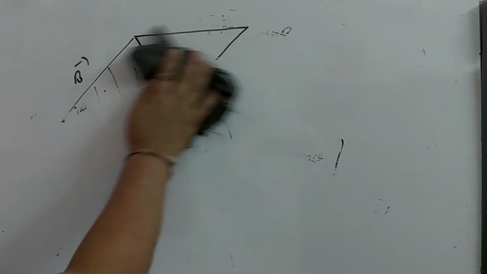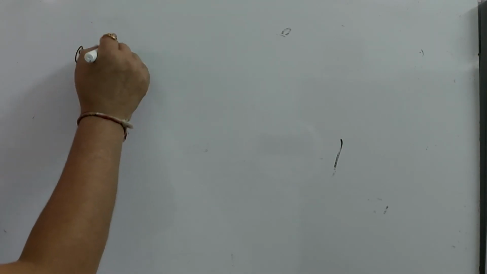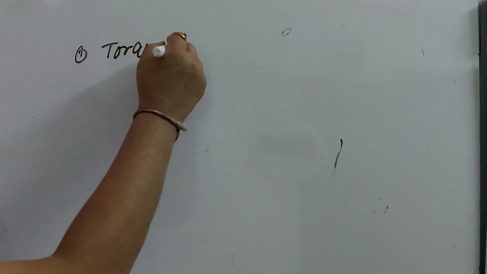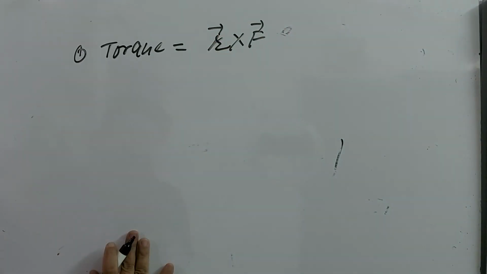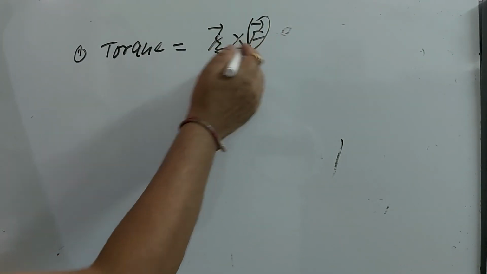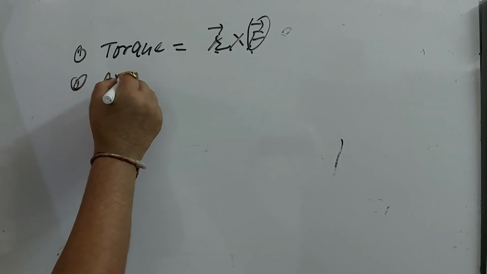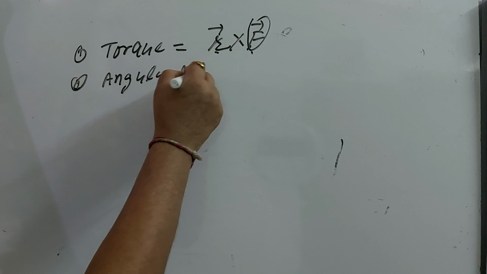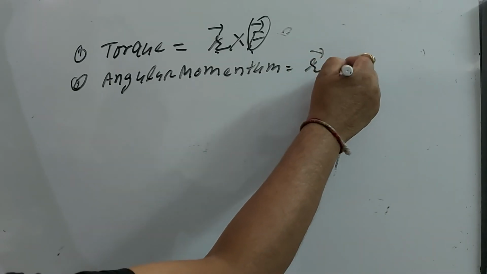Now in physics, many physical quantities are given by the cross product, and some of them are torque. Torque, as we know, is equal to R cross F. This R is the position vector of the point where we apply the force, and this is the force. This is the cross product R cross F. Similarly, another physical quantity is angular momentum. Angular momentum is R cross P,